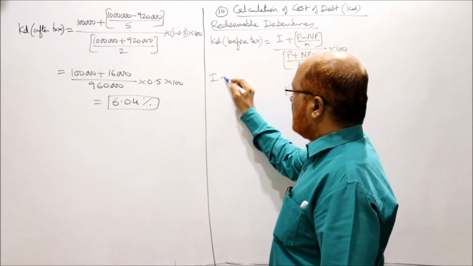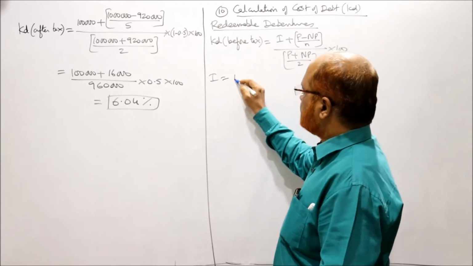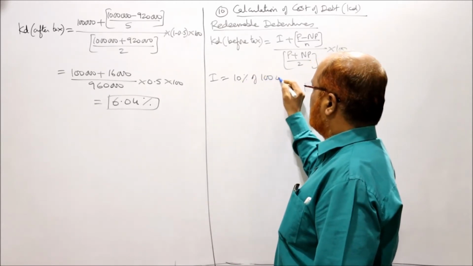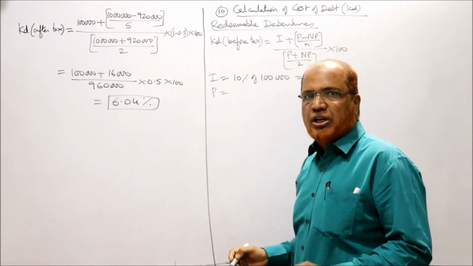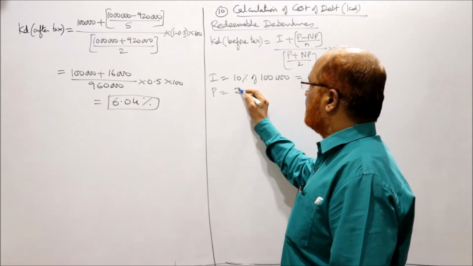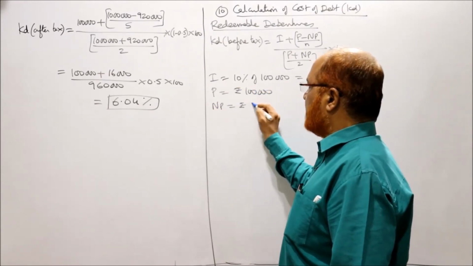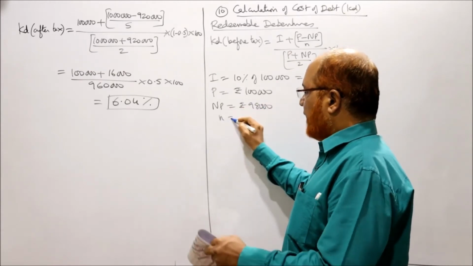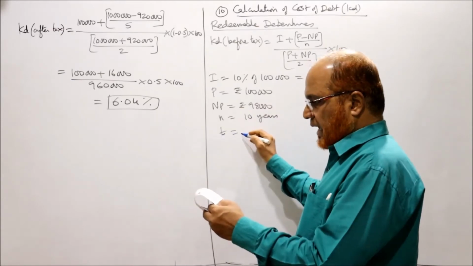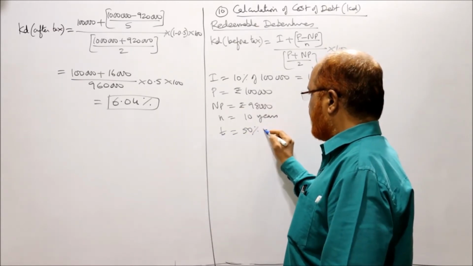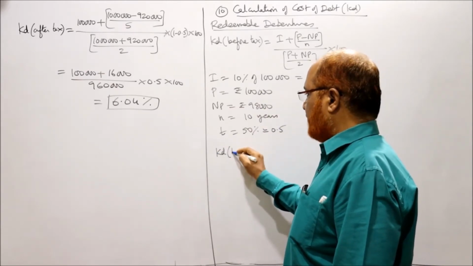I is equal to interest. The interest is 10%. P is equal to amount payable on redemption. Nothing is given, we take the face value. Then NP, net proceeds on issue, 98,000. N is equal to 10 years. T is equal to tax rate 50%. That's it. So KD before tax